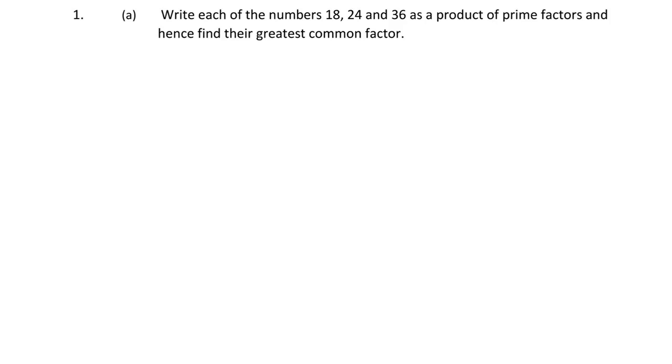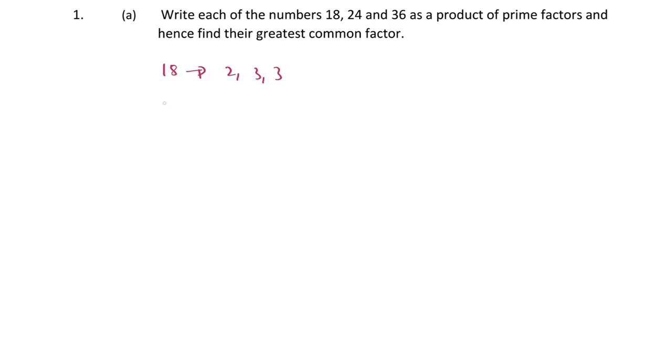Question number 1, part A. Write each of the numbers 18, 24, and 36 as a product of prime factors, and hence find their greatest common factor. Okay, so we have to remember that prime factors are the prime numbers that divide a given number. For example, the prime factors for 18 are 2, 3, and 3, meaning